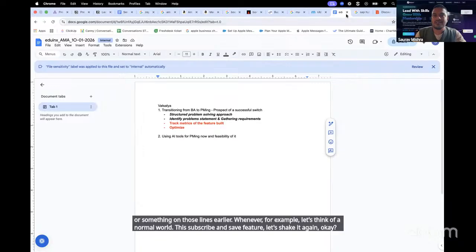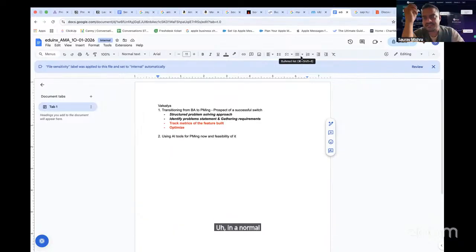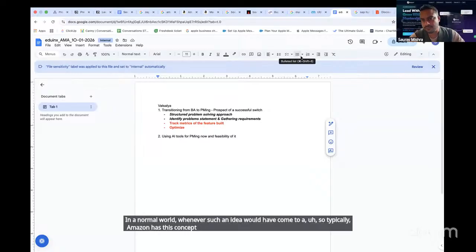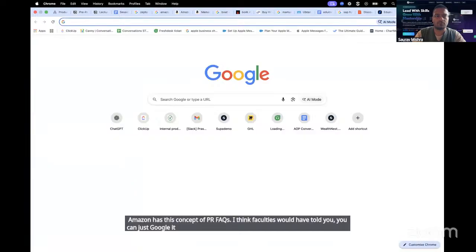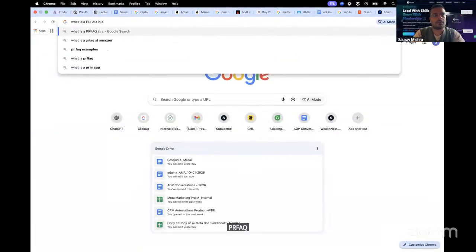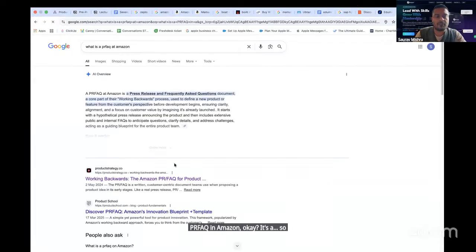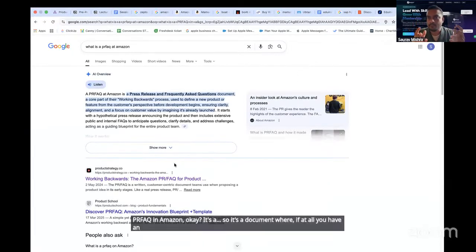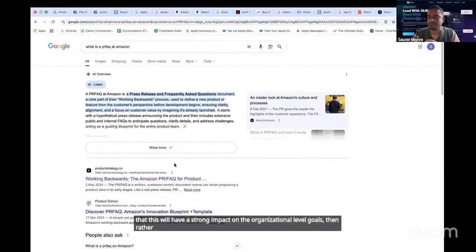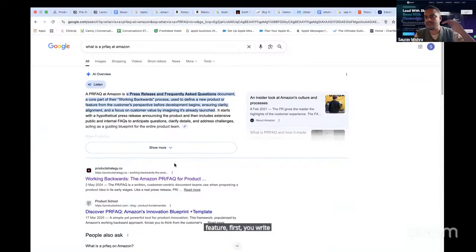In a normal world, whenever such an idea would have come, typically Amazon has this concept of PR FAQs. I think faculties would have taught, or you can just Google it. What is a PR FAQ in Amazon? It's a document where, if you have an idea that will have a strong impact on the organizational level goals, then rather than building the feature first, you write a 5 pager document,